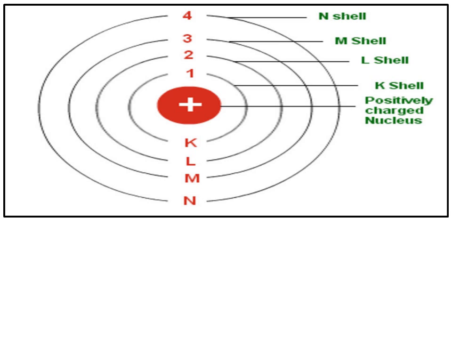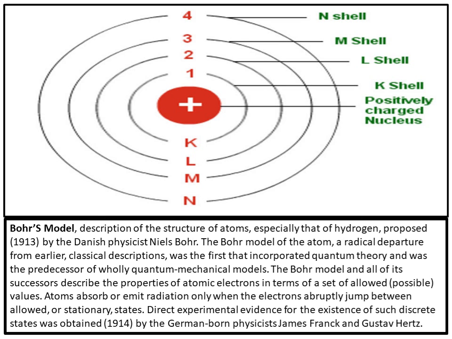Now the first topic, Bohr's model of an atom. After the limitation of Rutherford's model, Niels Bohr proposed a modified model of the atom in 1913. The main postulates of Bohr's model of atomic structure are as follows. First of all,